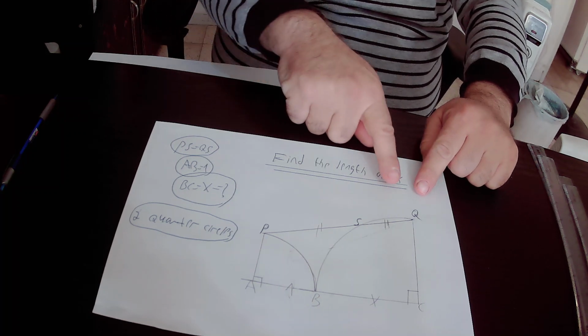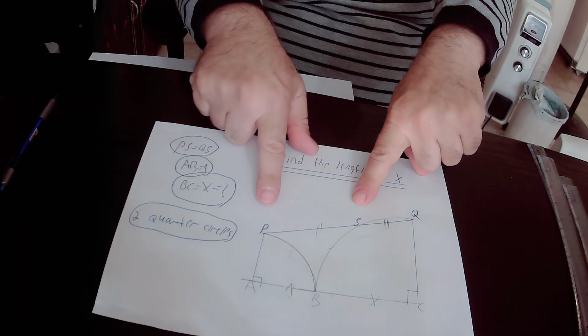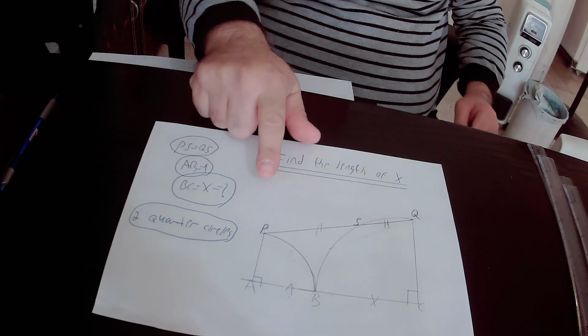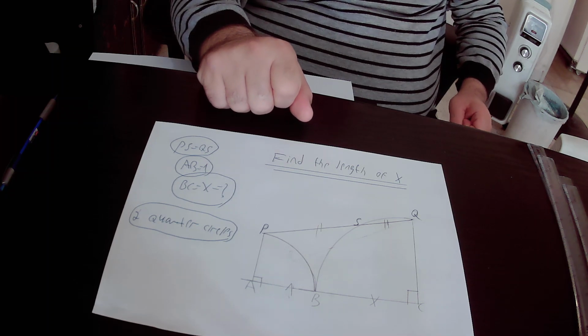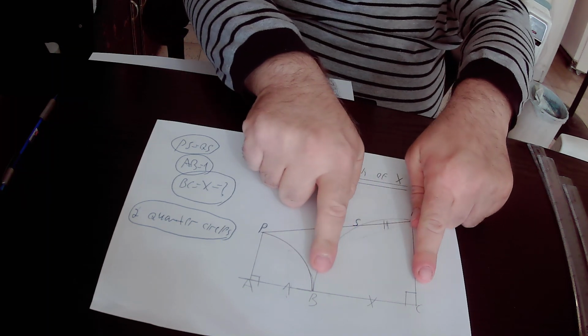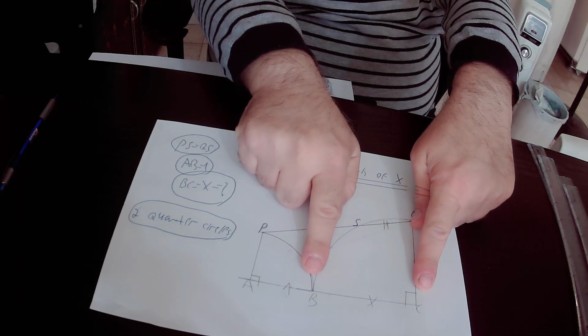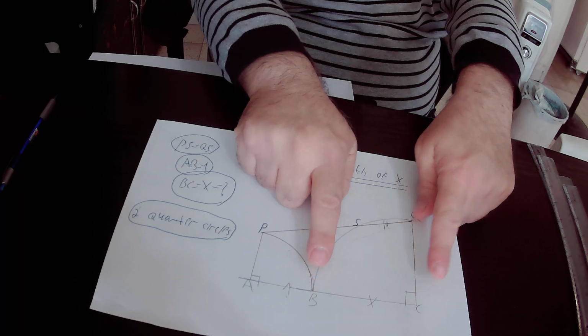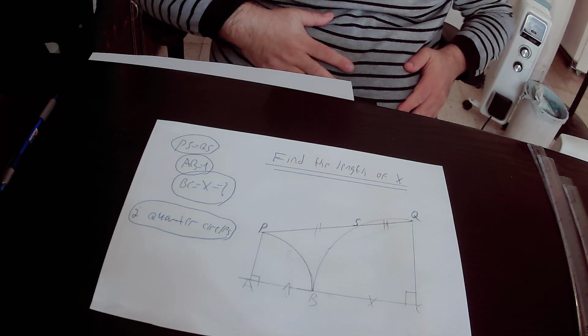and line segment QS equals line segment SP, and our mission is to find out the length of this line segment BC that is equal to X. Okay,